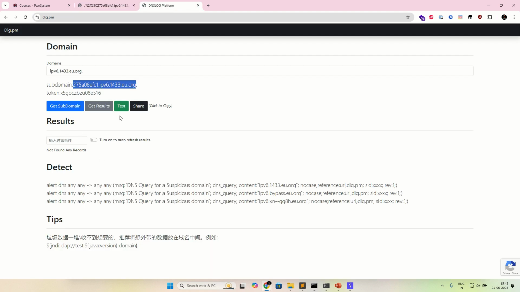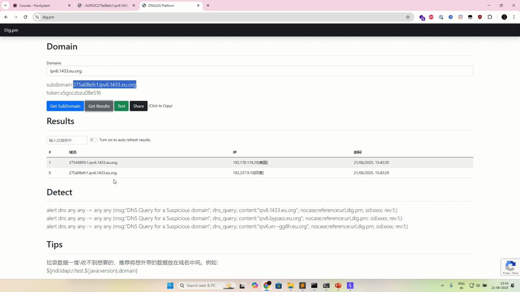And you can see, click on get results, and we get the results. So this is all about the vulnerability, this is all about the attack. I will provide the link in the description box for the vulnerable Grafana version. If you want to try it on your local machine, you can try it out.